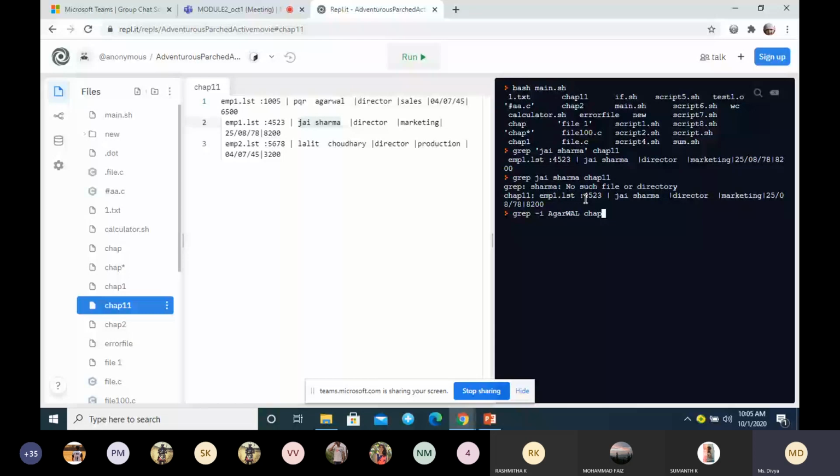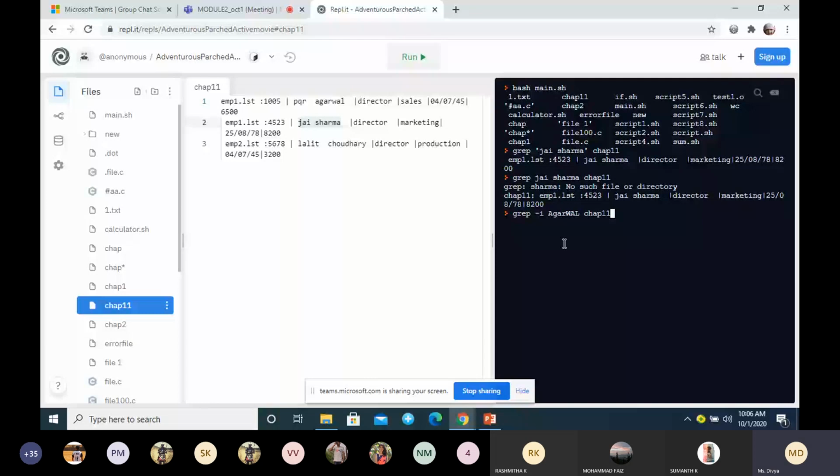The -i option is used for ignoring the case. It will locate all the patterns having the name Agarwal irrespective of the case. It can be in capitals or in small letters, any case. It is just looking for the pattern Agarwal.